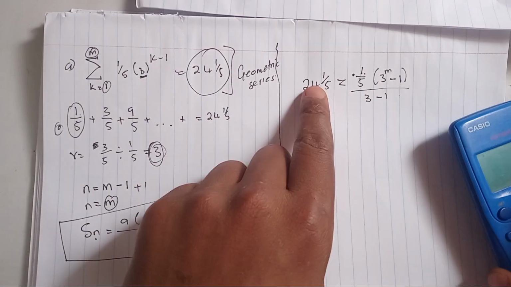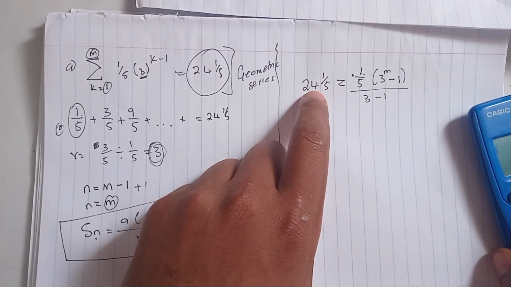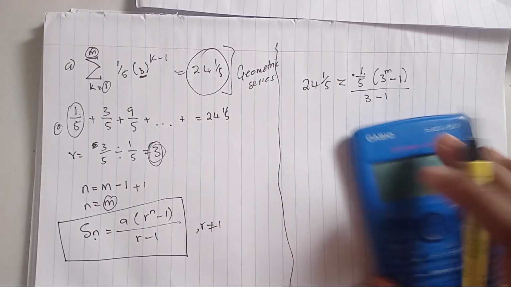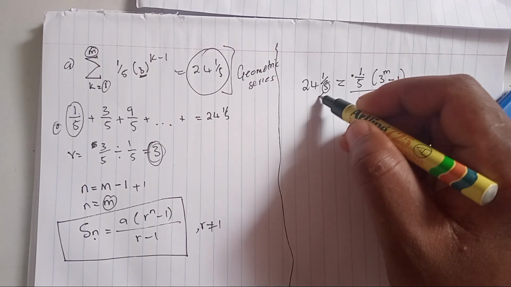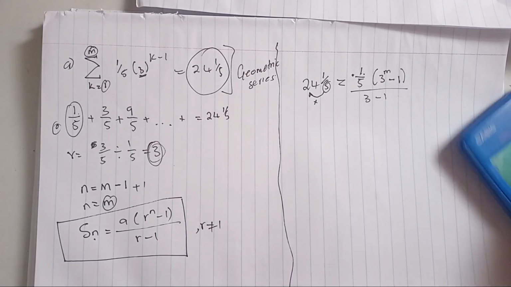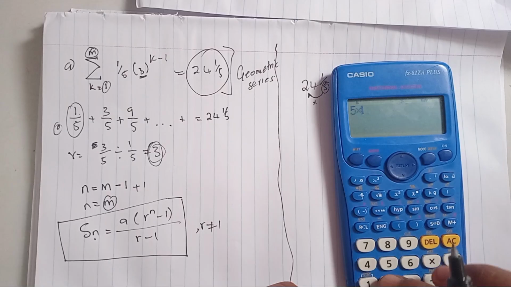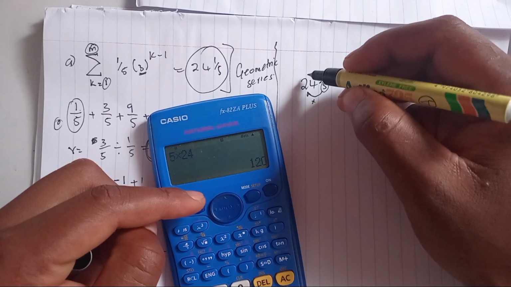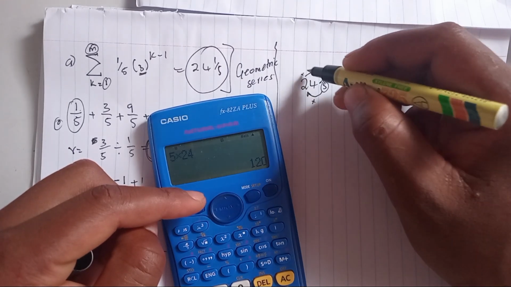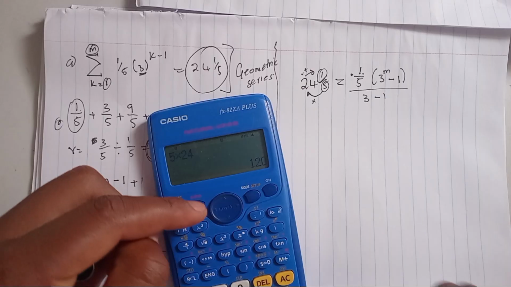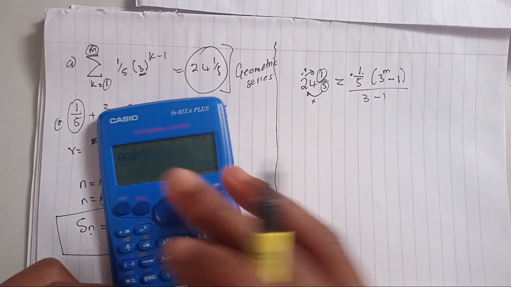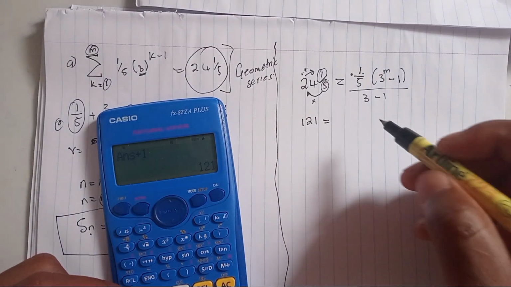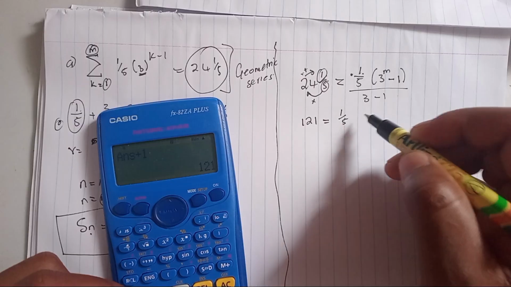First thing that we have to show each other is this one. How do we convert this into a single fraction? We say 5 multiplied by 24, we get 120. And then what do we do? We add the numerator. We say 120 plus 1, and then we have 121. So it means we're going to have 121, which is equivalent to 1/5 into,